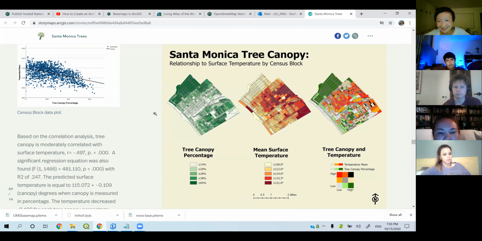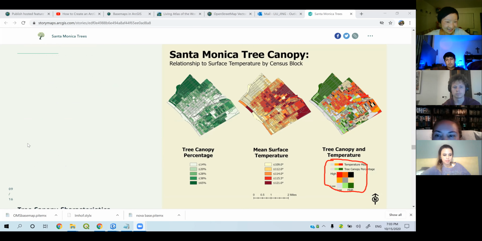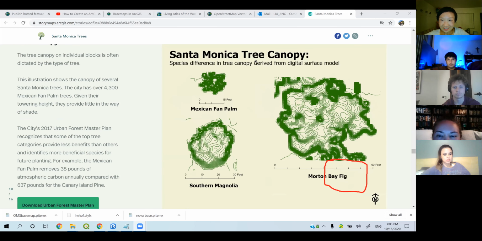Block analysis, right? The mean surface temperature, canopy, and he also used this color blend. See his squares? Nice. You have a high tree canopy percentage and high temperature, or low or high. Very interesting. He also shared this tree canopy, using contour lines to display the density of